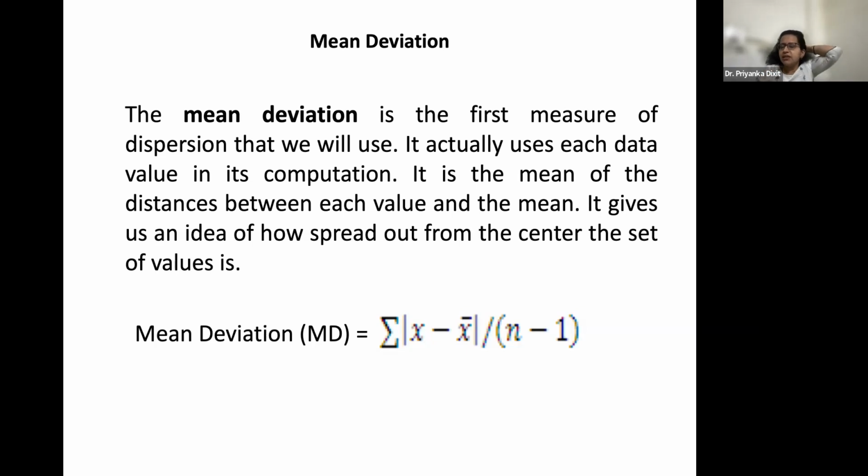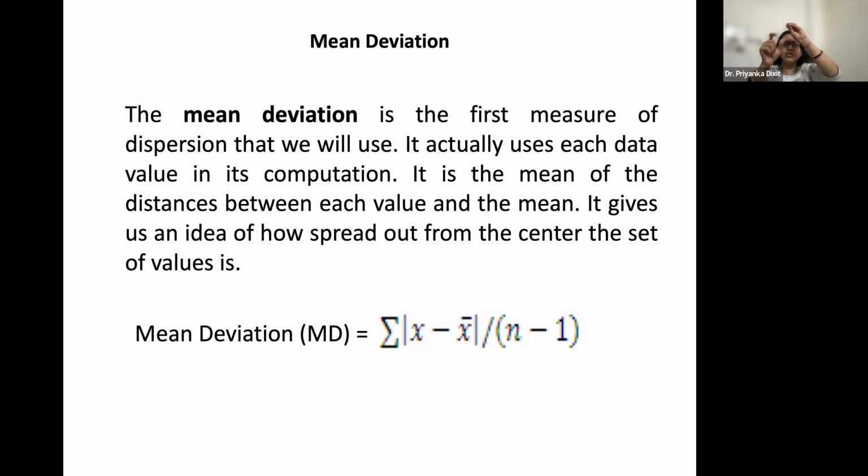So what are we actually trying to calculate in mean deviation? If you look at the numerator part, x minus x bar means what? Let's say we have different x values. If we talk about blood pressure on the y and x plane, we have different x values scattered here and there. First we calculate the mean. So this is the different x, and here is my mean.